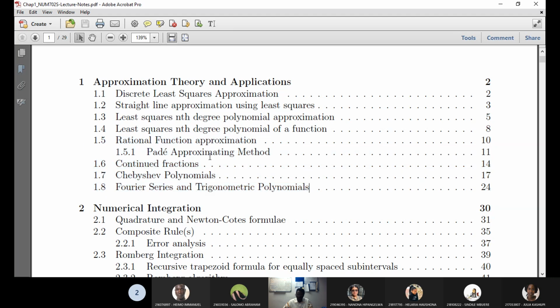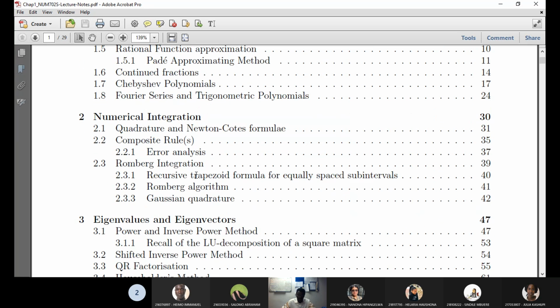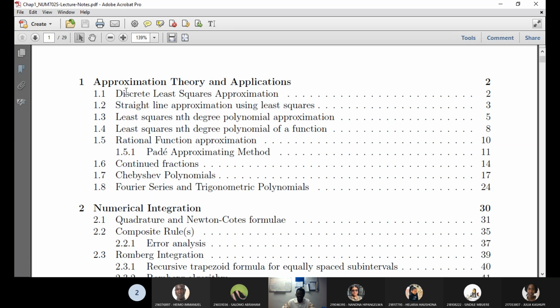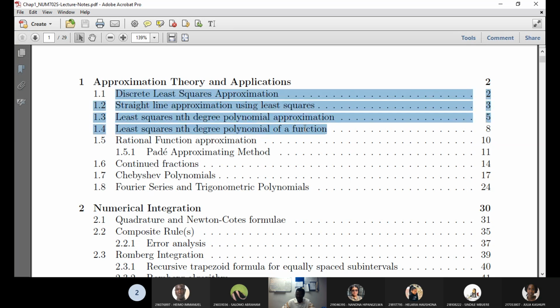Rational function approximation per day, approximate method, continued fraction, Chebyshev polynomial, Fourier series, and trigonometric polynomial. It will really take time to cover that. Because of that, and because of the scope of the syllabus, you can see we don't really have too much time to spend on the least square method. So that's why I advise you